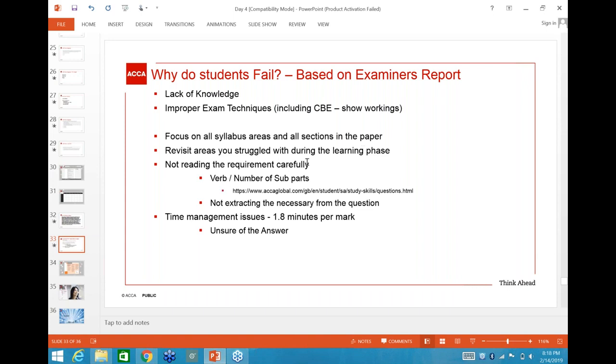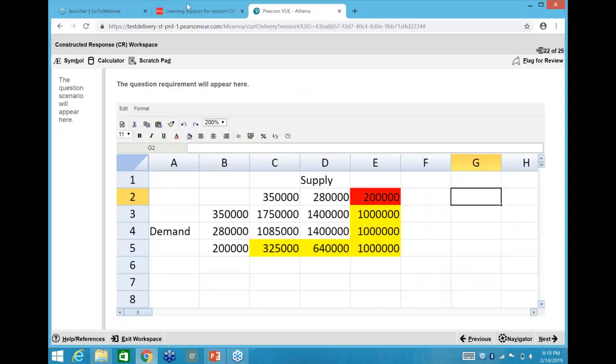Not reading the requirement carefully, the verb, the number of subparts. I was stressing on the subparts through the balanced scorecard question and the building block question. Get me a goal, a measure, and tell me why. So if you don't address all three, no full marks. Okay. In terms of the verb, okay, you have access to this. Copy it,